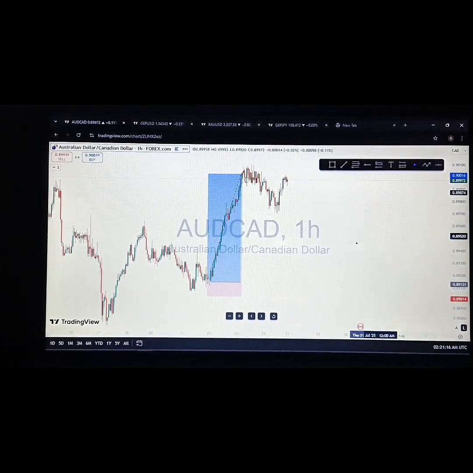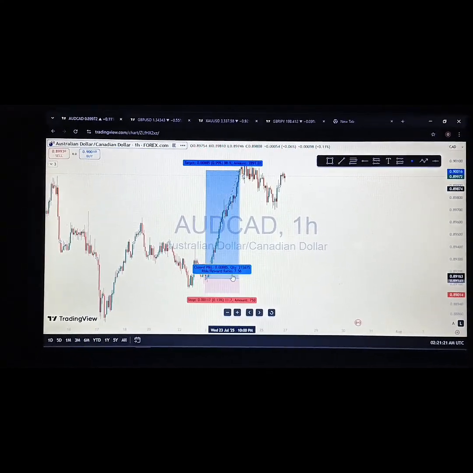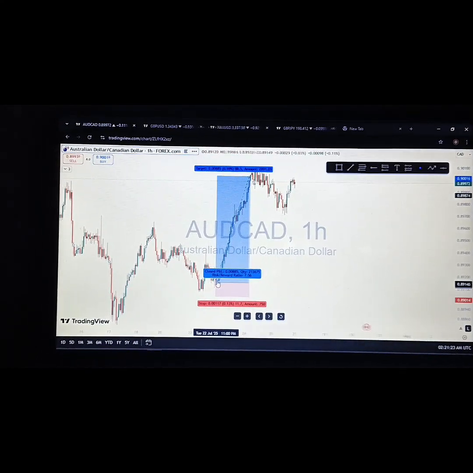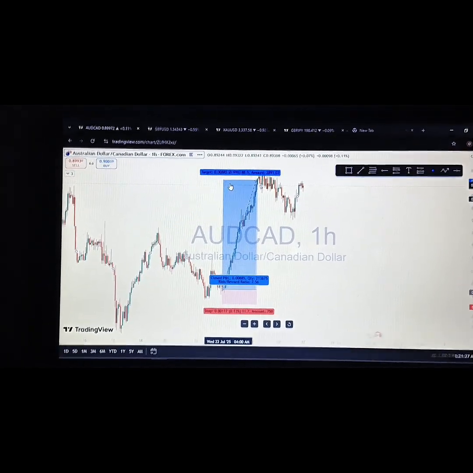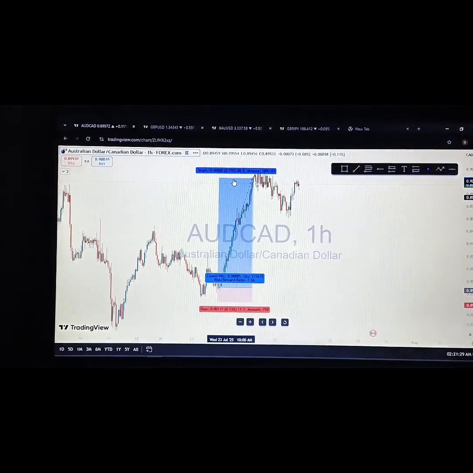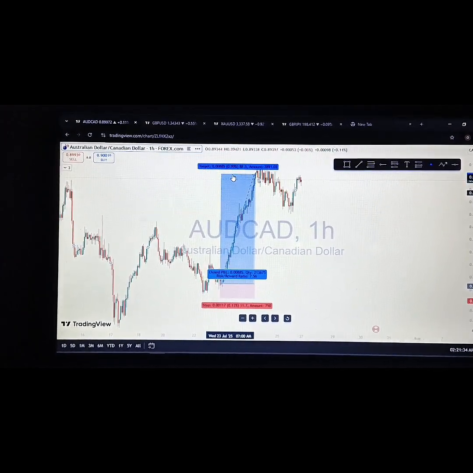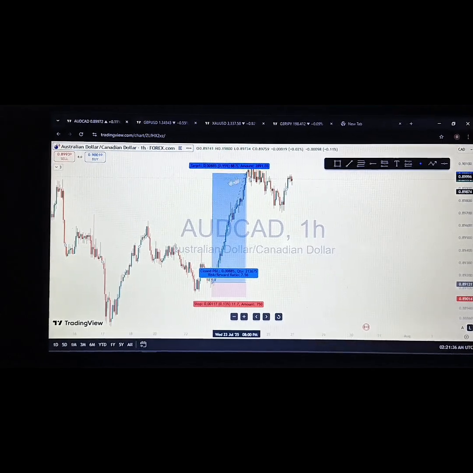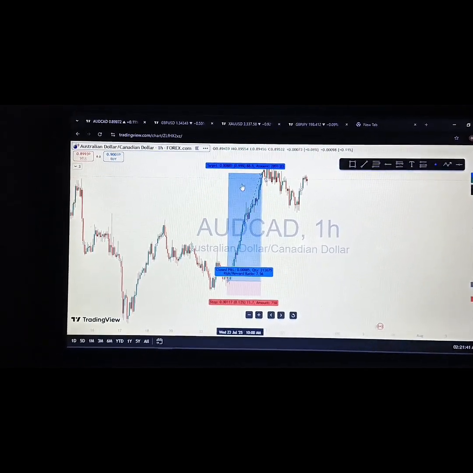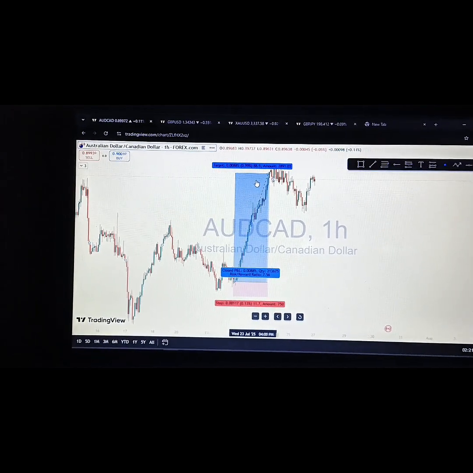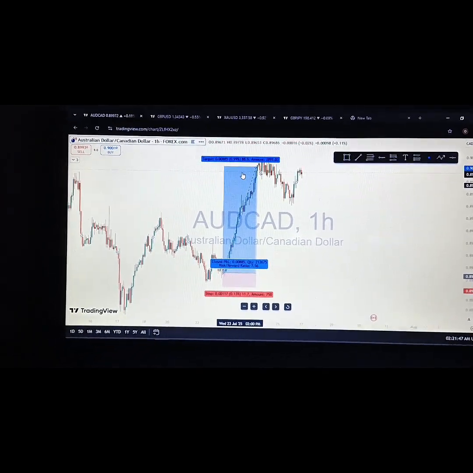To calculate the pips for such a pair, we have to subtract our entry point value from our take profit value, then multiply the value we get by 10,000. From our entry point to our take profit, the value is 0.00885. So you have to multiply that value by 10,000, which gives us 88.5 pips, meaning from our entry point to our take profit will be